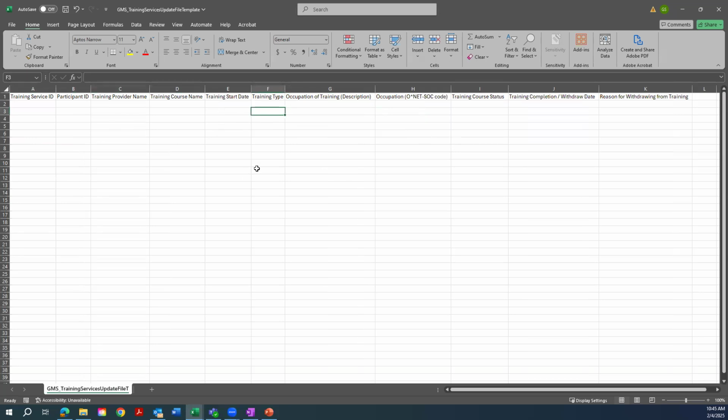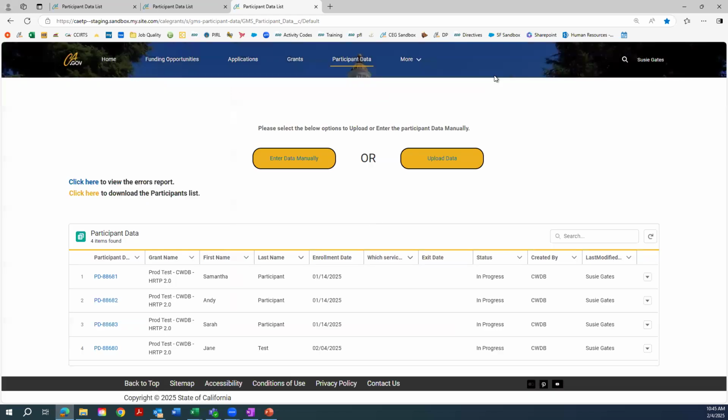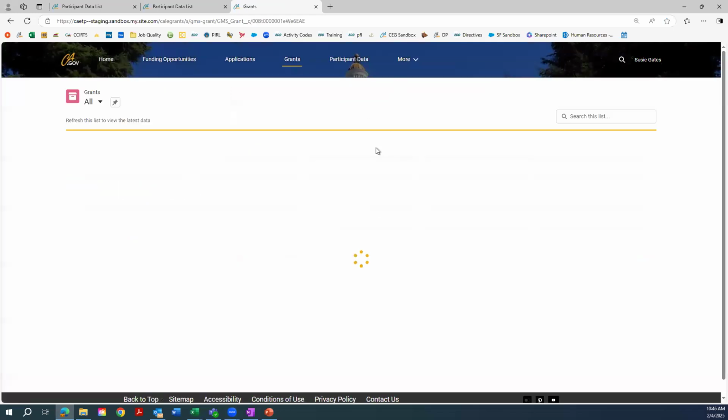It can be useful if you have a lot of services that you've entered into the system so far and maybe only want to update certain rows. You can always copy information over from a pre-filled template that's available, and I'll show you where to find that. But it is a little easier just to